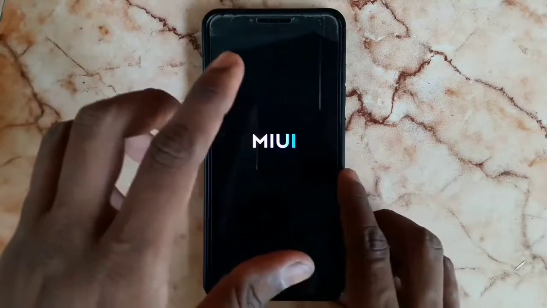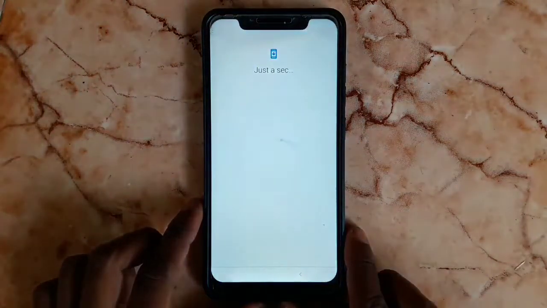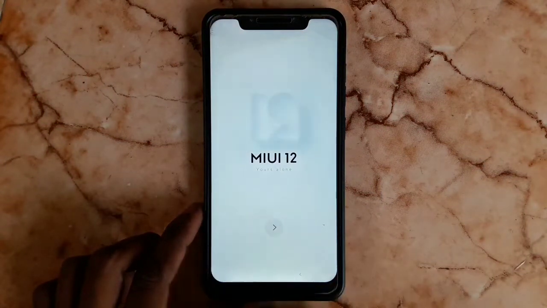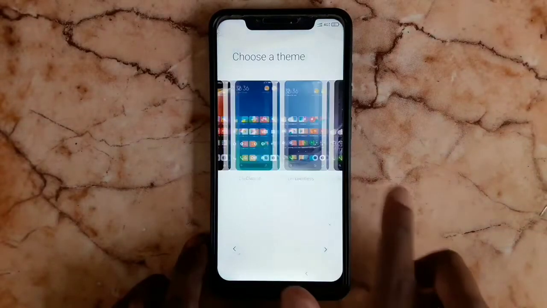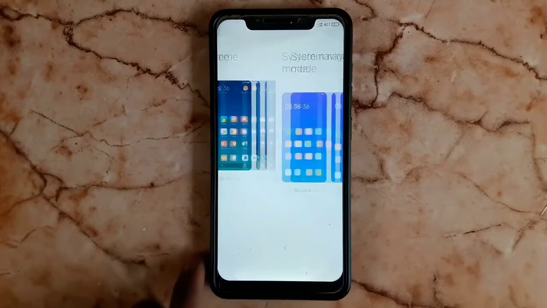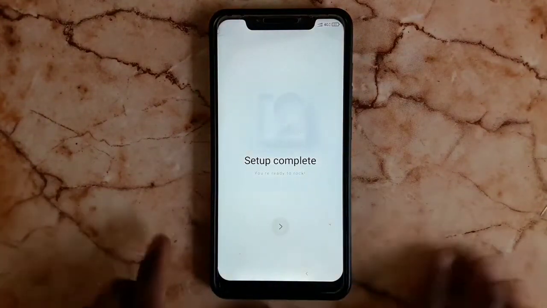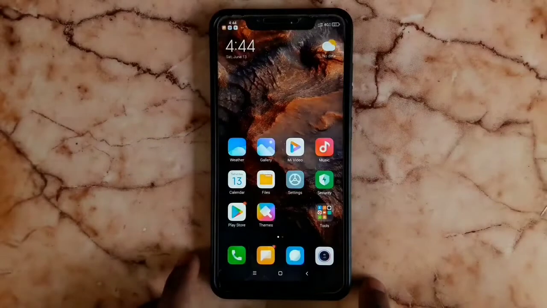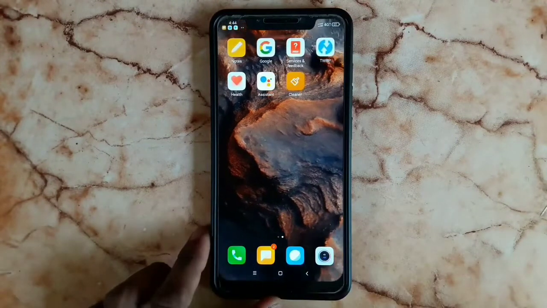Okay, next is the installation process, and this is the booting animation of MIUI 12. In this installation process, whatever it asks, just give it and proceed to next, like language, data, SIM, etc. And after that choose a theme, whichever one you like to use. I'm going to choose the default one, the Moss live wallpaper, and choose buttons and forward. That's it, all set. We successfully installed the latest version of MIUI 12 2611 from Xiaomi EU port on Poco F1.